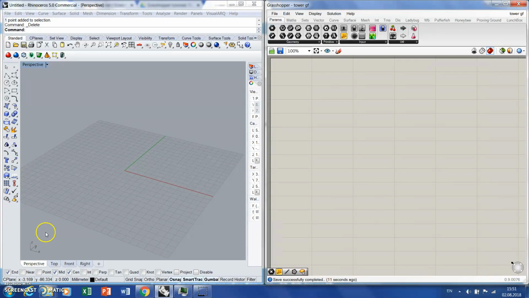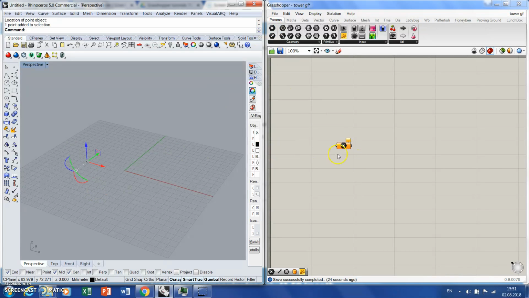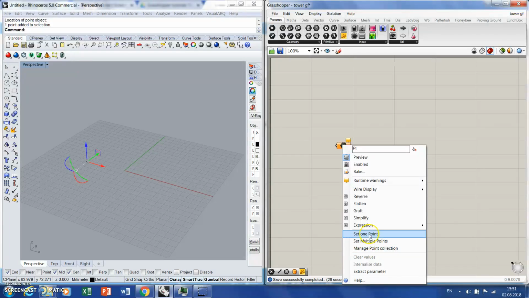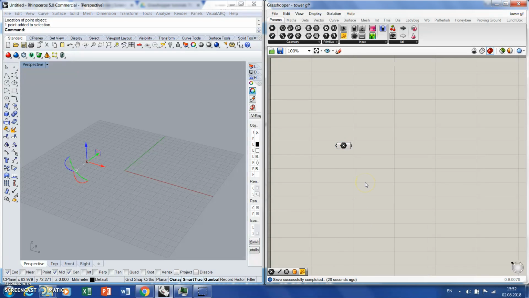Christina here. Today's exercise is a parametric object using GraphMapper tool, and we'll start the same. We started with a similar object by introducing a point in Rhinoceros and defining it in Grasshopper. Now we need to make them see each other. Okay, now it's done. And let's create a polygon